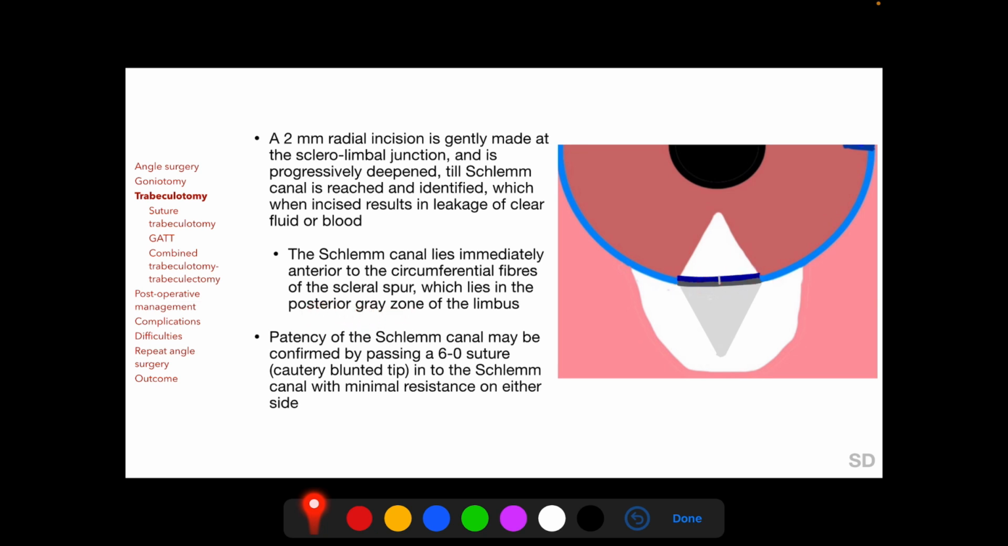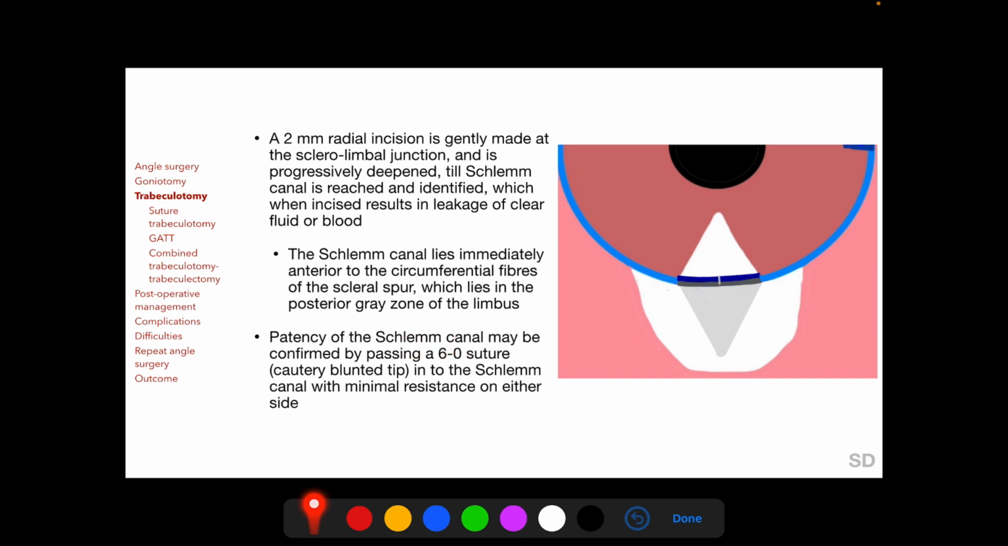So the limbal zone underneath the scleral flap will appear to have two zones, an anterior bluish zone and a posterior grayish zone. The Schlemm's canal is located in the anterior bluish zone and the scleral spur is located in the posterior grayish zone. Before the actual trabeculotomy incision, which we will be discussing next,